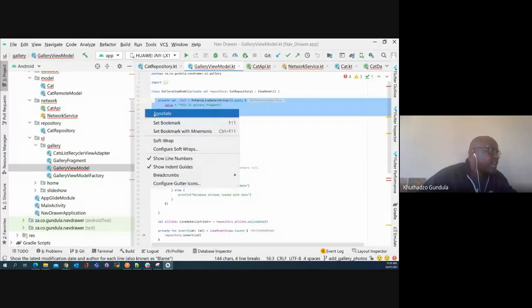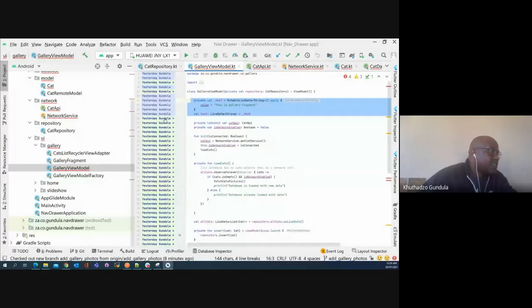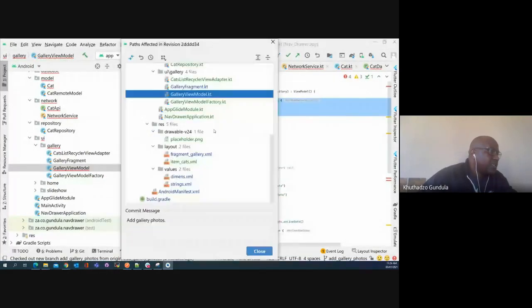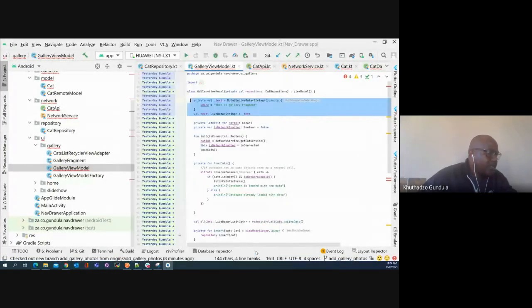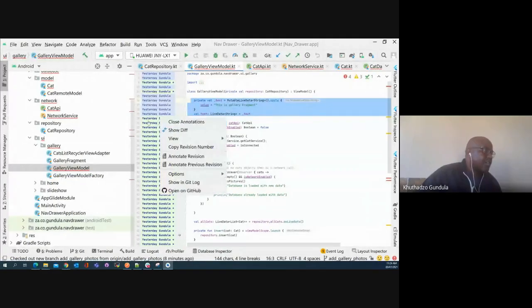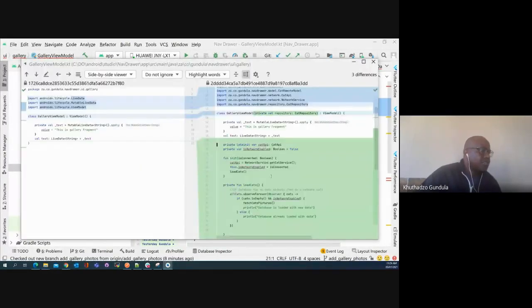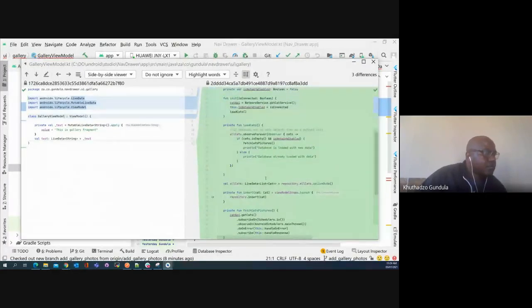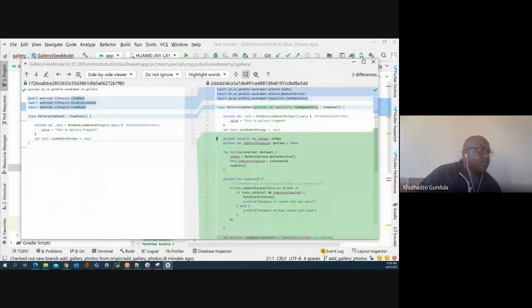So I'm just gonna annotate on this so that you can see. So this would be a different commit where I was adding those data. And if I say show diff, you'll see the difference here of what I added. So it's just adding that API, and then I just have a private var where I'm checking for network connection,